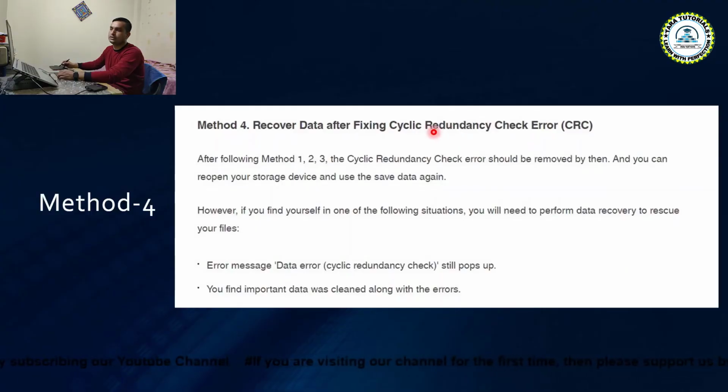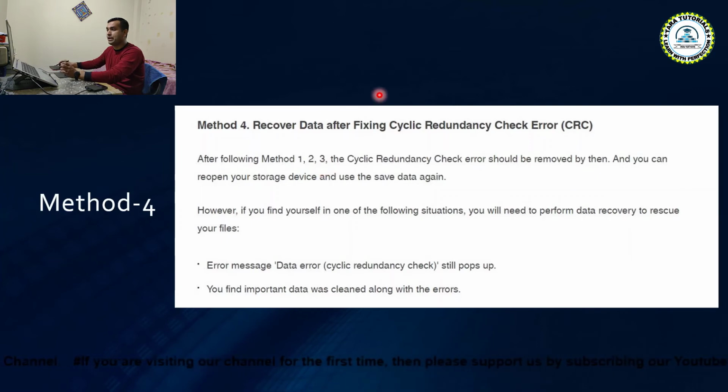Now I'm going to explain method 4. Here you can recover the data after CRC check. So once you have performed method 1, 2 and 3, if you are lucky enough, then it is possible that this data error message will not pop up again, and you will be able to access the disk drive and the data stored in the disk.